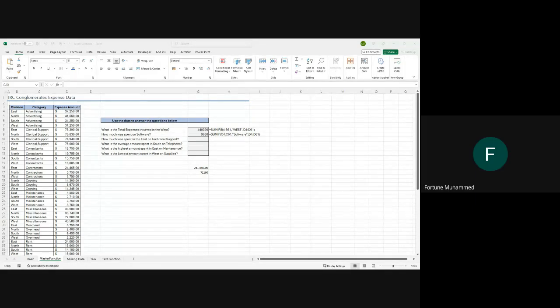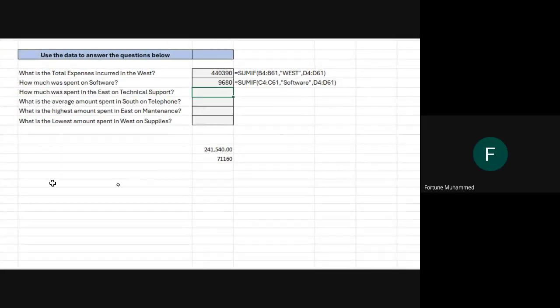Two conditions. Now, what are the two conditions? What are the conditions? Division and category. Division and category are not the conditions.